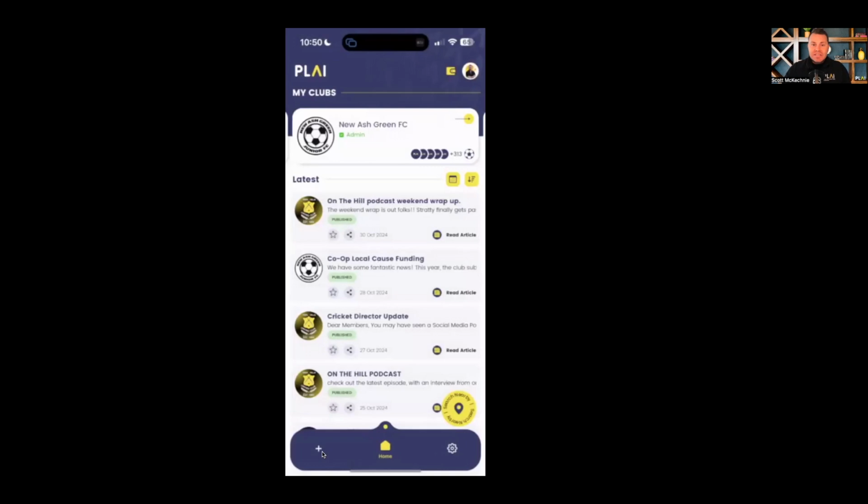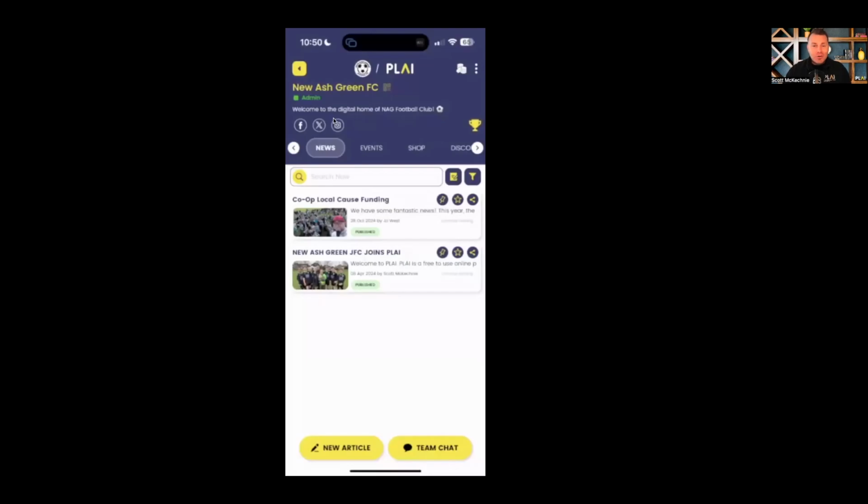Now, once your team is set up, you're going to see the card at the top here, and all you're going to do is click into that card to access all of the core functions that you'll need to run a great program this year. Now, I'm going to use New Ash Green Football Club. They're really nicely adopted on the platform, and I'm going to start on the far right of screen here with